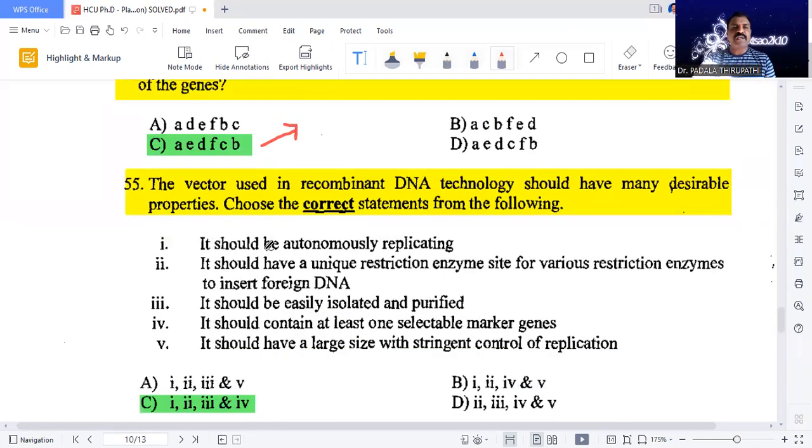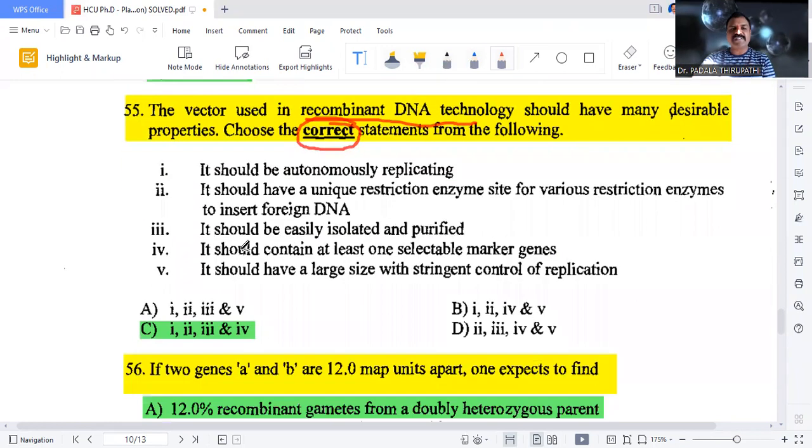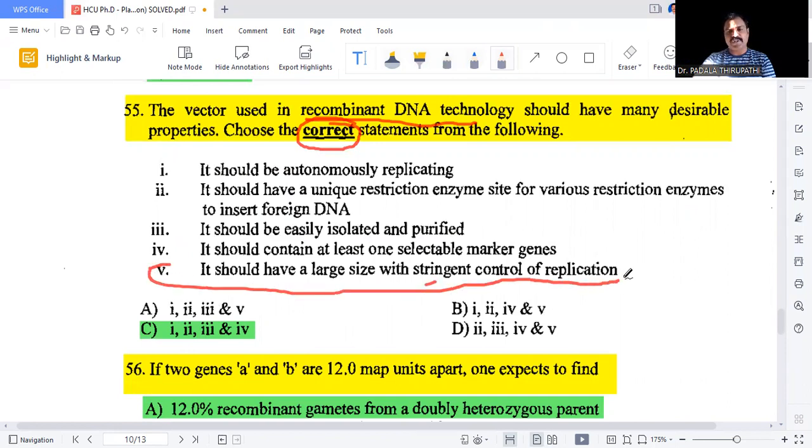Then the 55th question: the vector used in recombinant DNA technology should have many desirable properties. That is rDNA, recombinant DNA technology. The vector is... that is, the correct statements in 1, 2, 3, 4. The 55th question is not related to the above question. Only the four options are